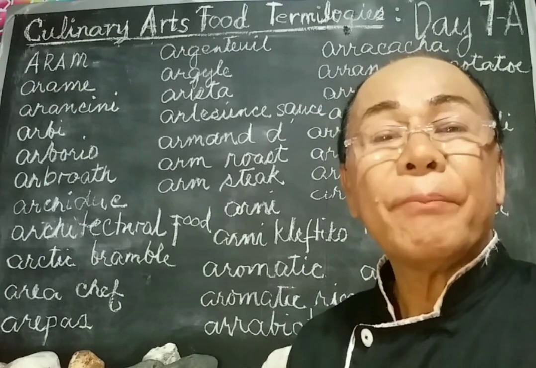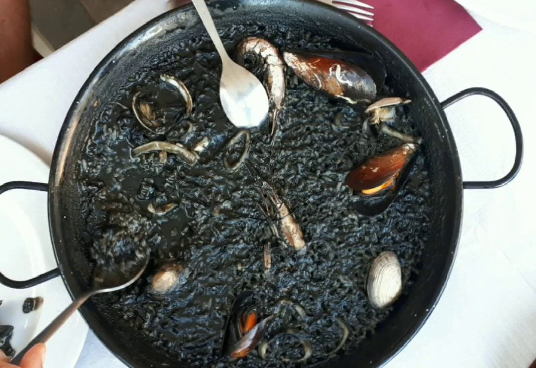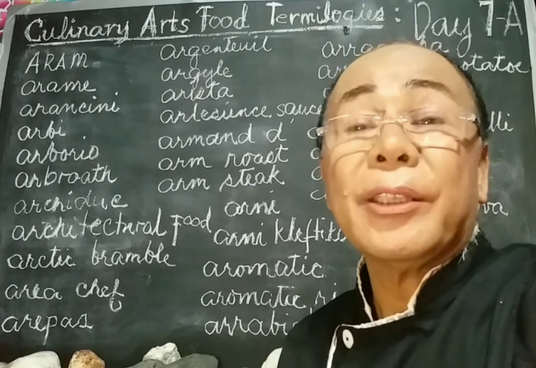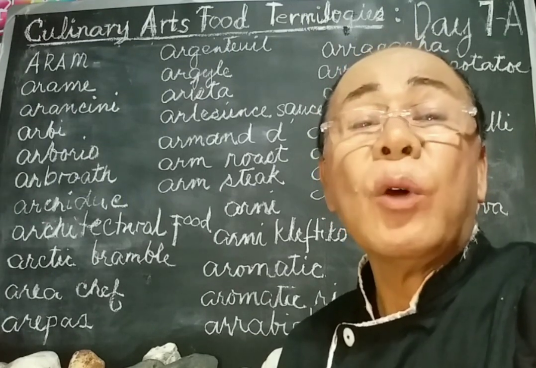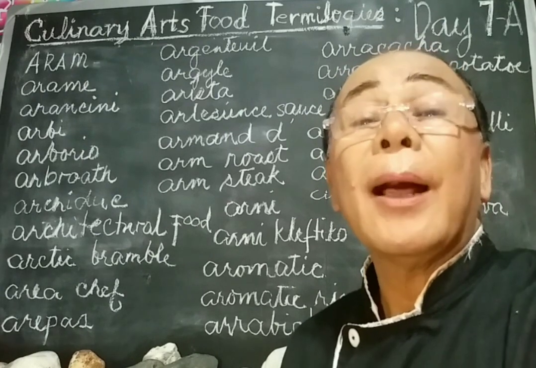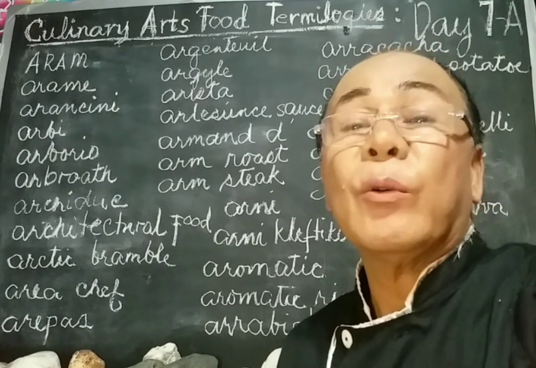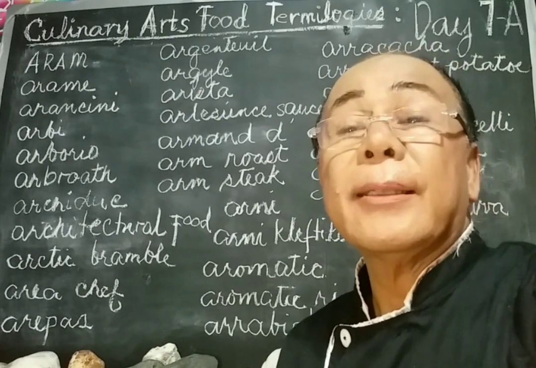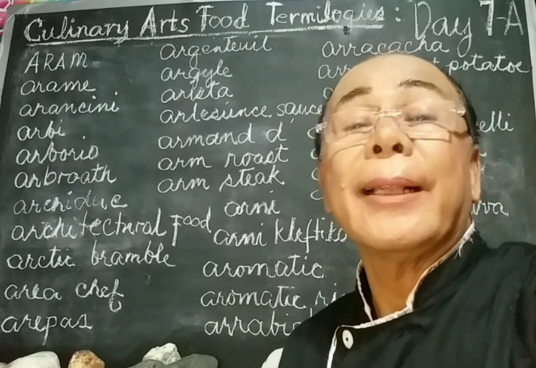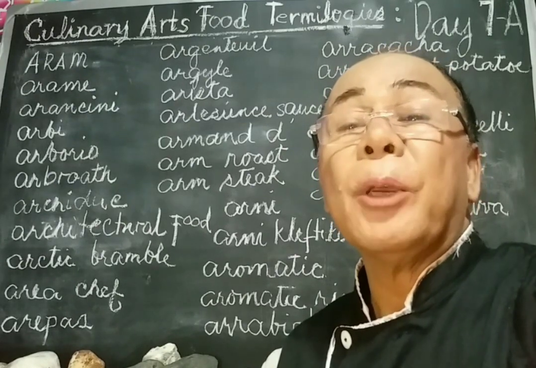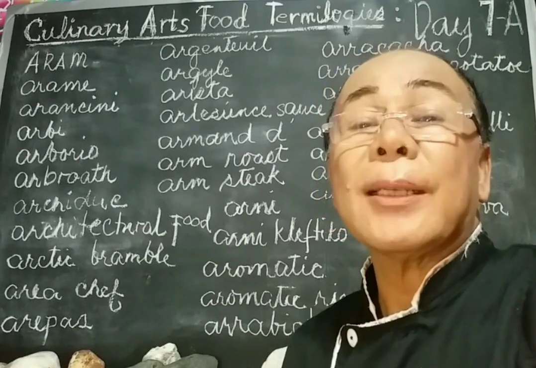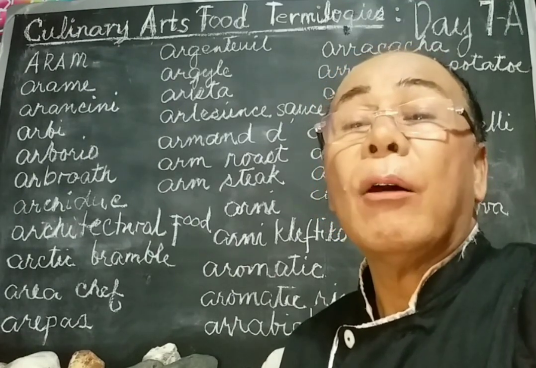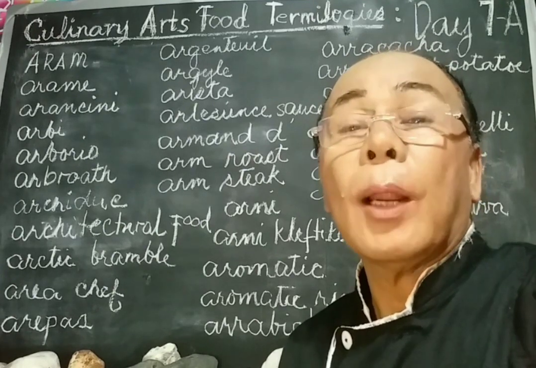Next term we have the Spanish dish, the arroz negro. This is a type of Spanish dish consisting of rice blackened with octopus ink and flavored with garlic, tomato, and parsley. Next word we have the arugula. This is a type of leaf vegetable with dark green leaves, spiky and dandelion-like, with a strong, spicy, peppery flavor, used in salad, also known as rocket, rucola, or arugula.